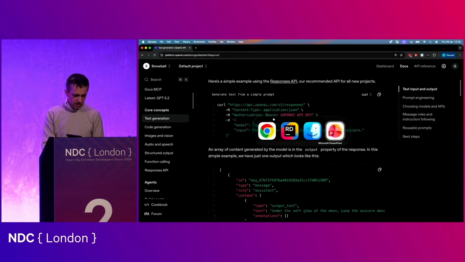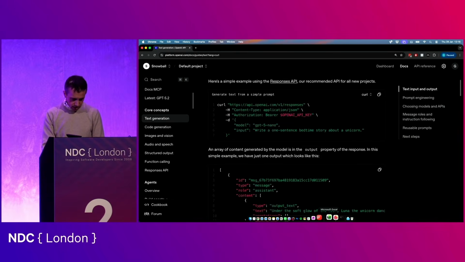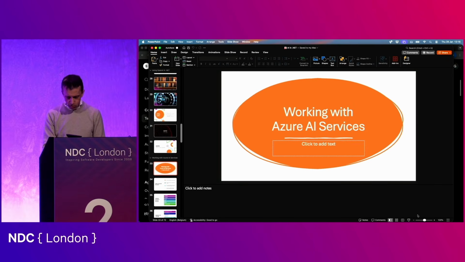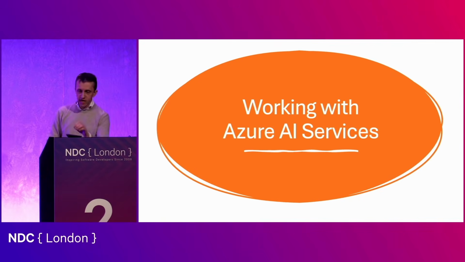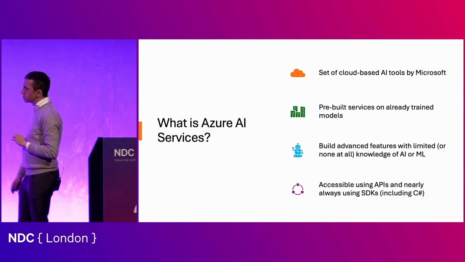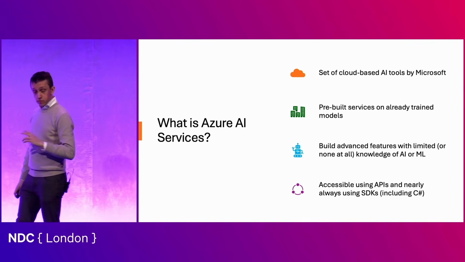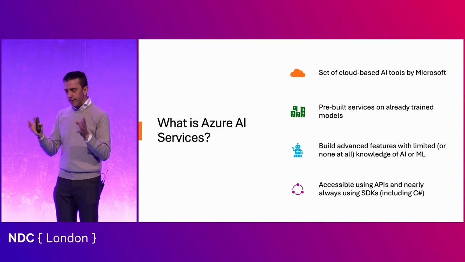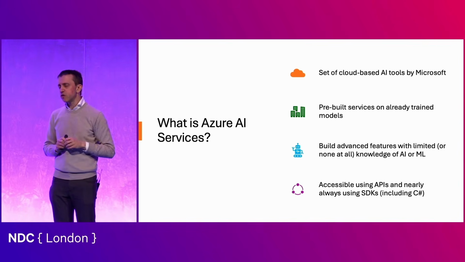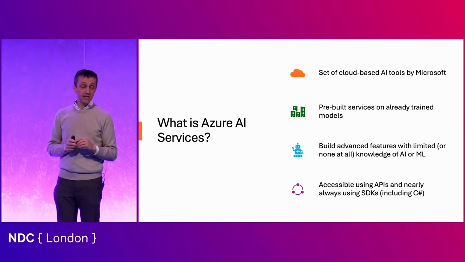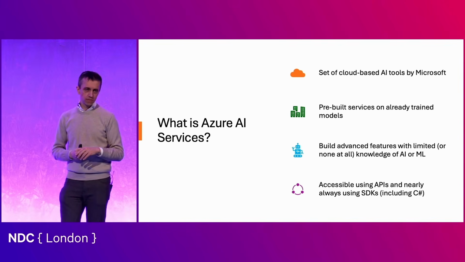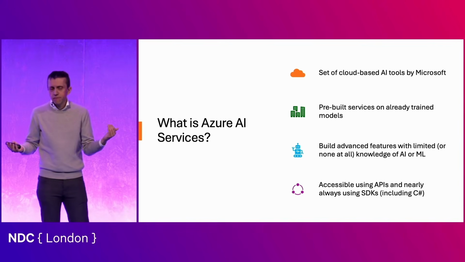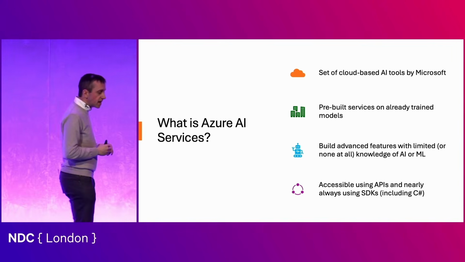All right, let's go back to the slides for a minute. The other option, the second option that I want to talk to you about is Azure AI Services. So Azure AI Services is a set of services, good name for that, where Microsoft has basically wrapped existing models with a very specific functionality and exposes that over SDKs and also over APIs as well. So without knowing anything about AI, this is probably the simplest way to do AI integration in